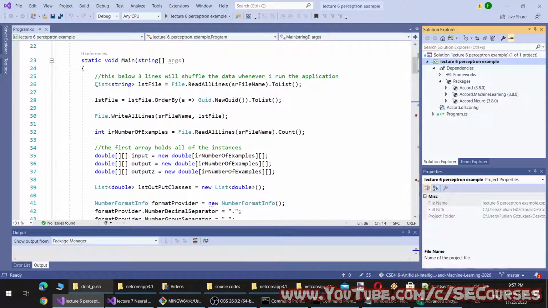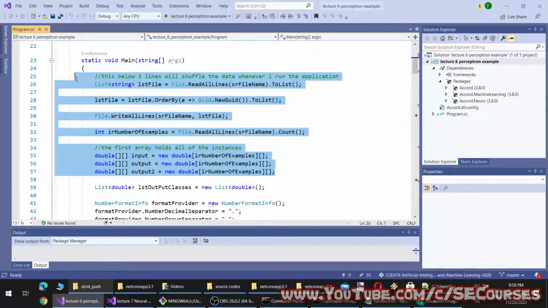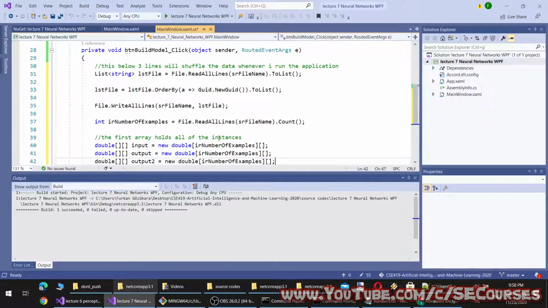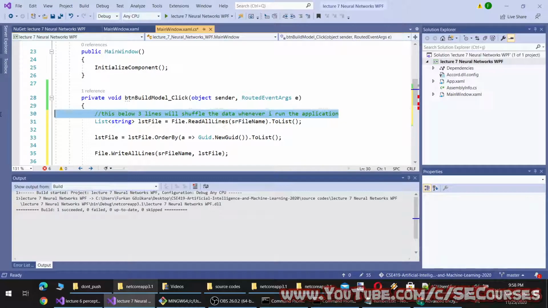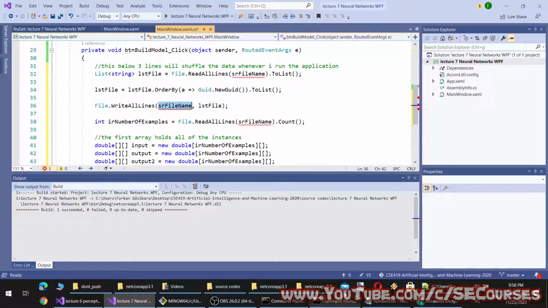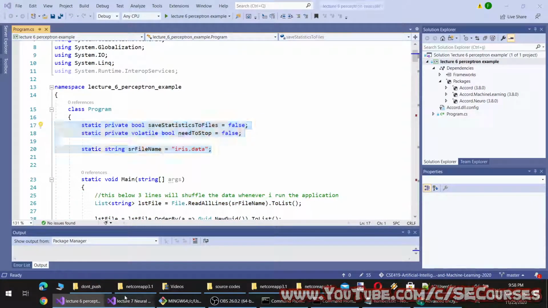So what we were doing, we were reading the data and shuffling it each time when we build our model. We can use the same approach, or for consistency we can remove the shuffle, which I am going to do.